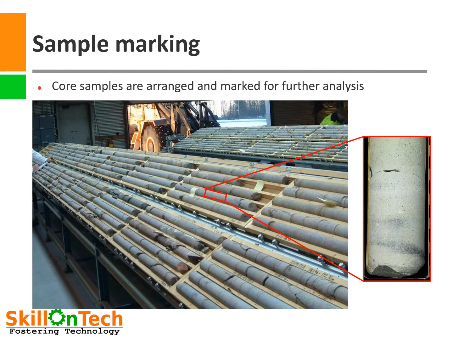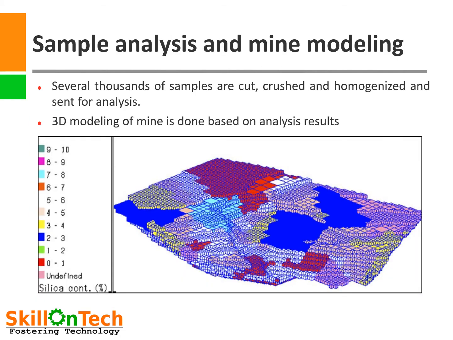Then these core samples are taken to the lab and arranged in horizontal sections to identify textural figures over the length of cores. When needed, thin slices of cores are also cut, polished and studied to study mineral granulometry. Once observations are recorded, these samples are cut in sections, crushed and homogenized. They are then sent for further sample analysis in the lab.